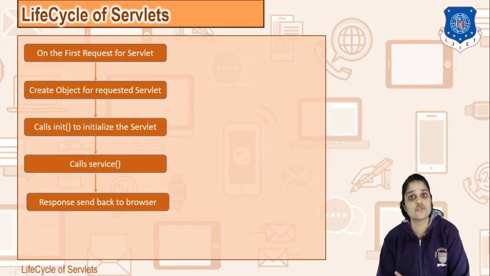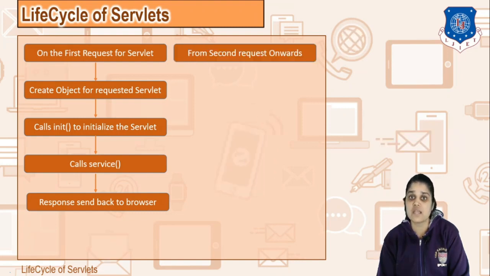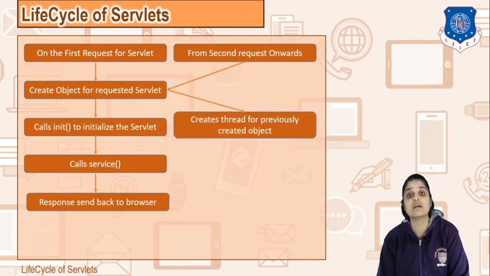Now this was for the first request. I have not yet destroyed or removed the servlet object from memory, so my servlet object is still running. Now suppose you have a second request. On your second request, the object that was initially created will be reused. It will be reused by creating a thread of that object again, but a new object will not be created because the previous object is not destroyed. With the help of that object, you create another thread and your service method is called, which means your init method is called once and only once in your code.